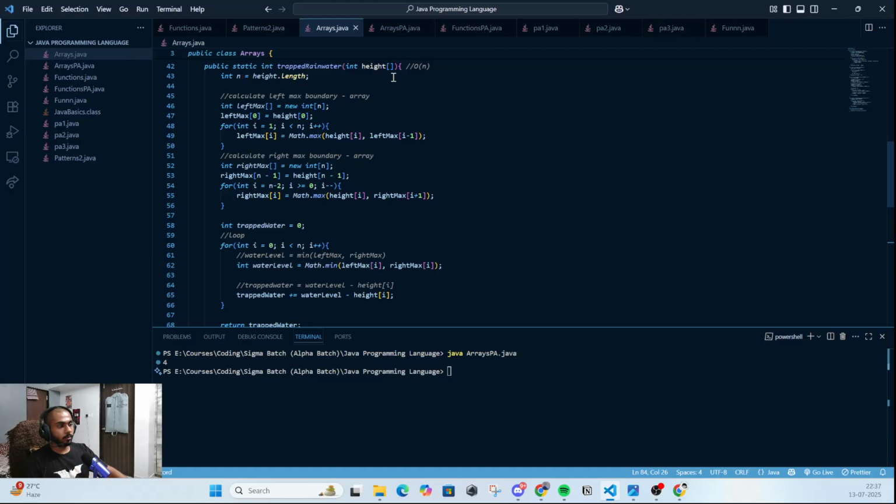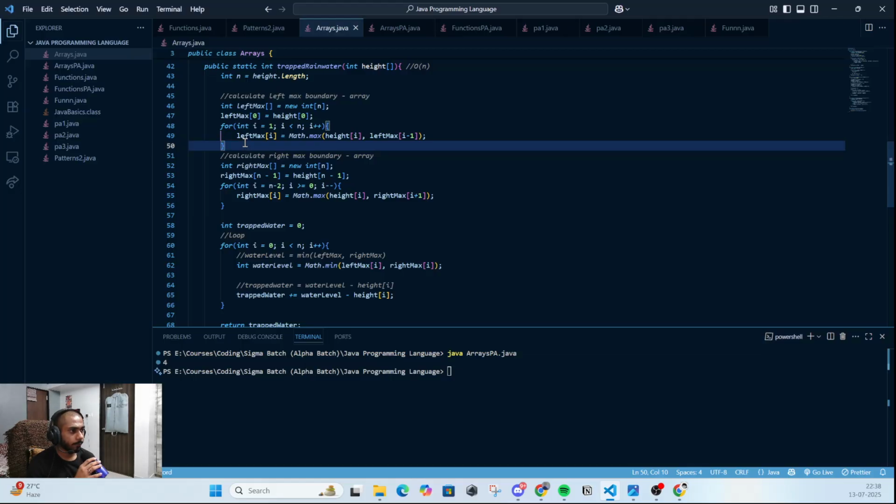So what we can do is calculate first the left max boundary and then the right max boundary. So for left max, first of all, you create a left max array, and then to the 0th index you assign the height of the 0th index, and then you run a for loop to see